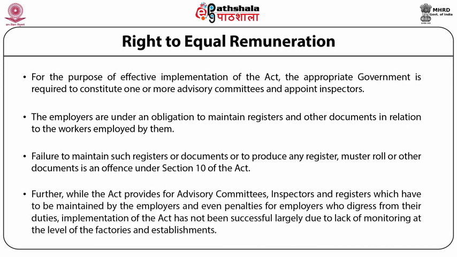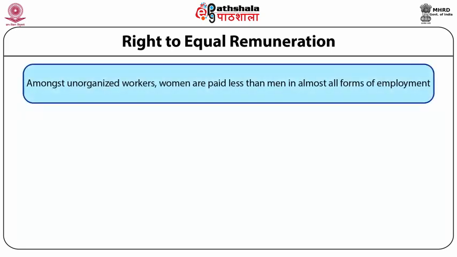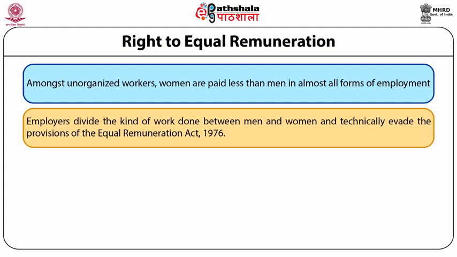Further, while the Act provides for advisory committees, inspectors and registers which have to be maintained by the employers, and even penalties for employers who fail in their duties, implementation of the Act has not been successful, largely due to lack of monitoring at the level of the factories and the respective establishments. Amongst unorganized sector workers, women are paid less than men in almost all forms of employment. Employers divide the kind of work done between men and women and technically evade the provisions of Equal Remuneration Act